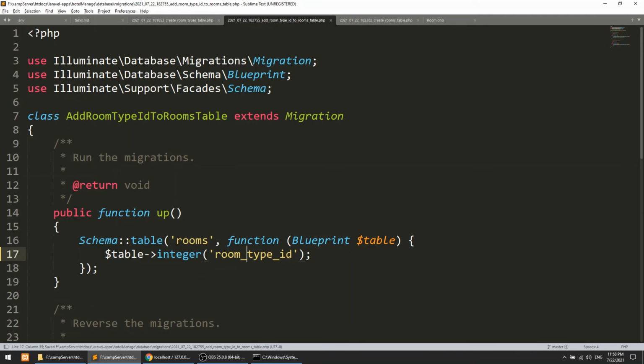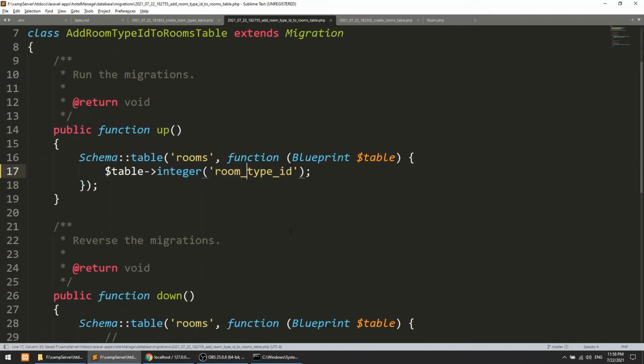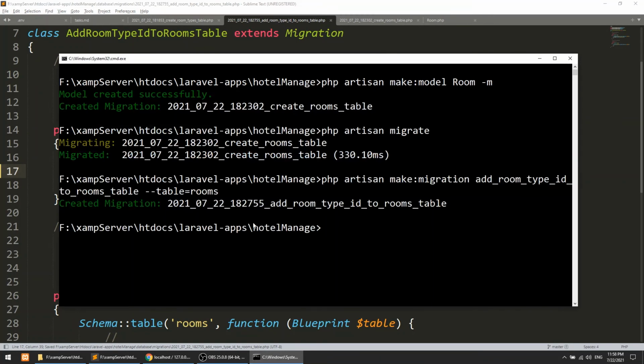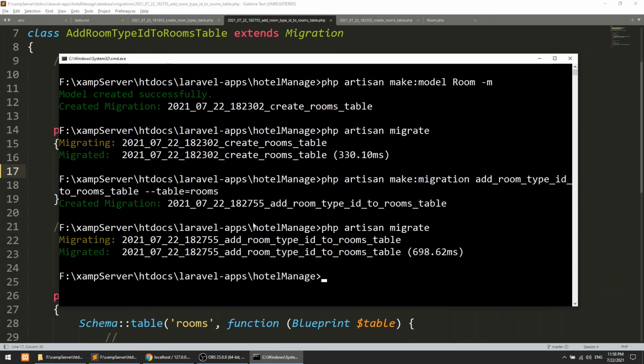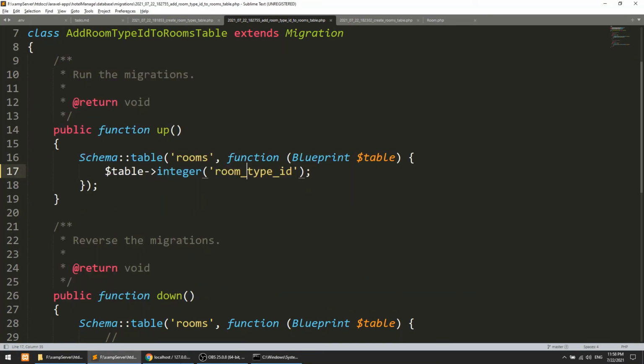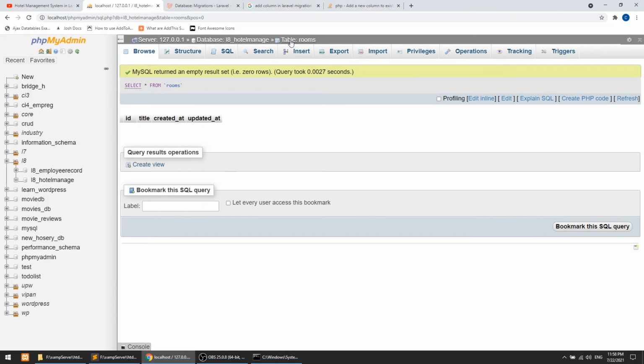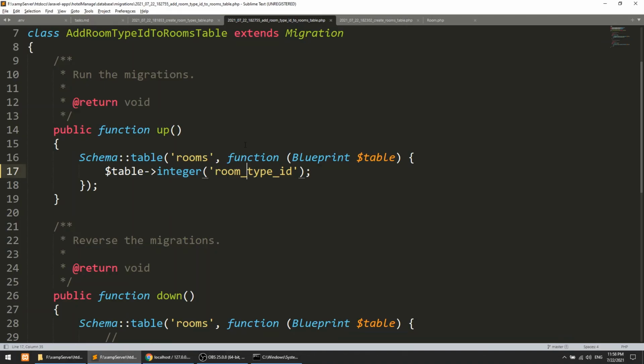Now let's migrate with php artisan migrate. Now let's go to the rooms table and refresh. So now we have a room type ID, and now we can define the relationship.